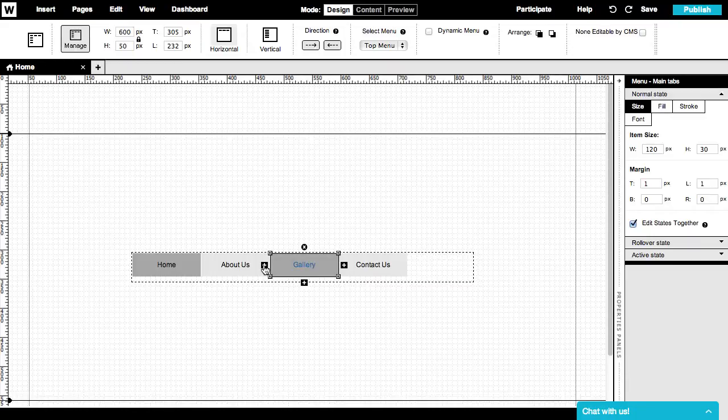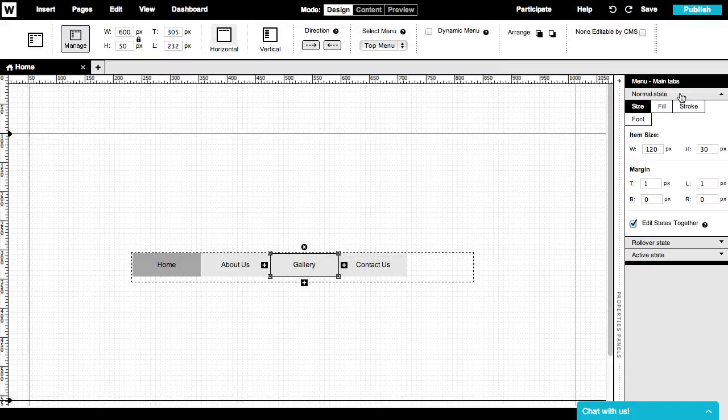If you want to add a submenu, press the plus sign beneath the category, and you'll immediately see a drop-down menu added beneath it. In this menu, you can set up the target for the submenu, an internal page, or an external link. In the Properties panel on the right side, you can set the appearance of the menu in